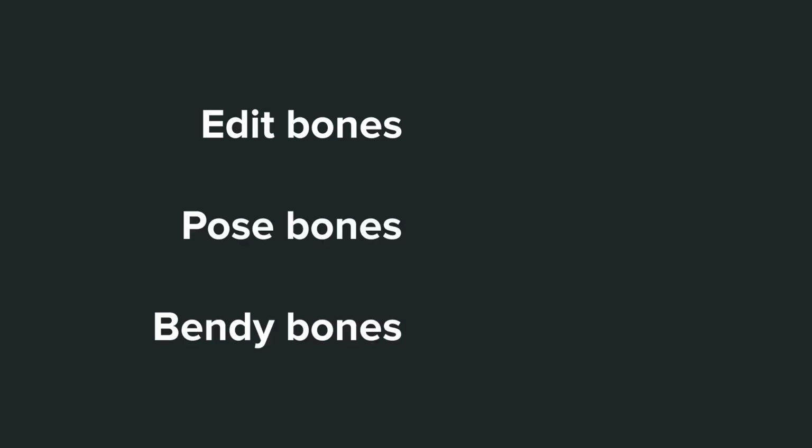Now, what am I talking about when I say this? Well, an edit bone is basically a bone that is in edit mode. That's what Blender calls it, an edit bone. And as you've already learnt, that's got to do with its rest position inside the armature. A pose bone is that same bone, we're just in pose mode. So pose mode is where we handle the animation and constraints, and there's a few settings to how it works